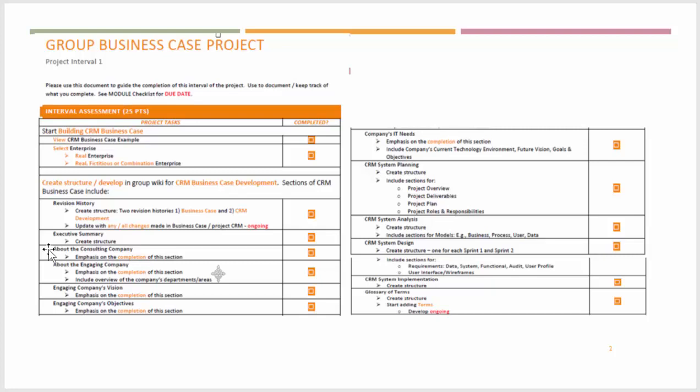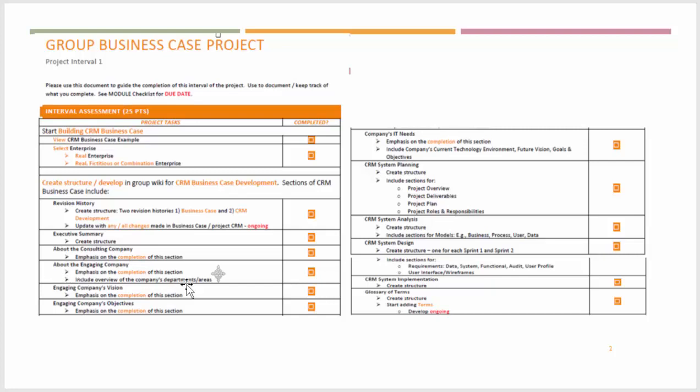You'll also create the structure for about the consulting company, which is your group, and there is an emphasis on the completion of this section. Again, refer to the business case video for more information about what should be included in this section. Same thing about the engaging company. So once your team has selected what the engaging company is, you will be asked to complete this section, including